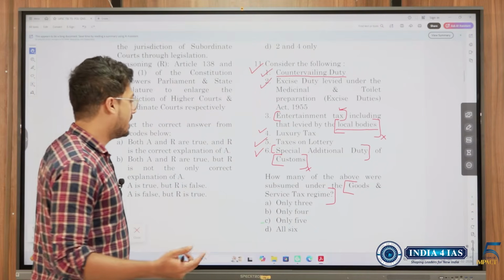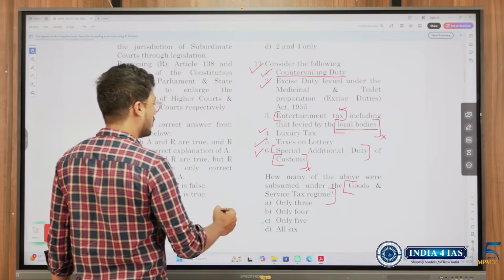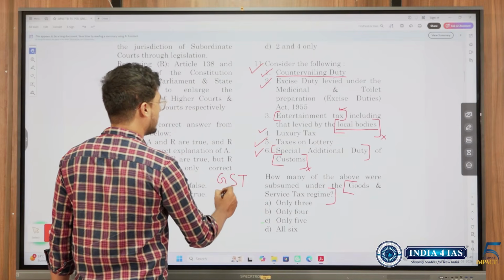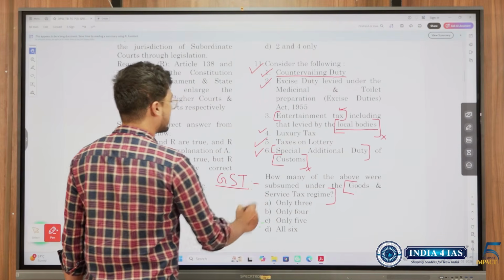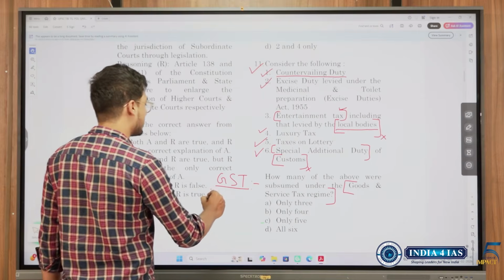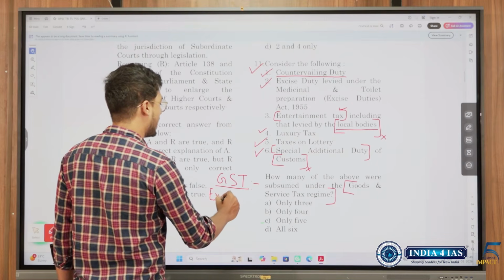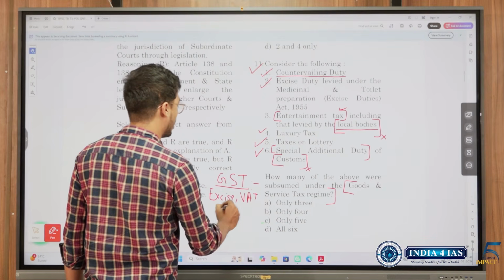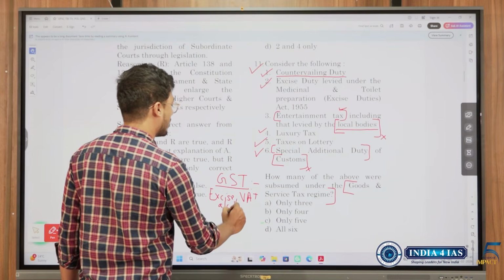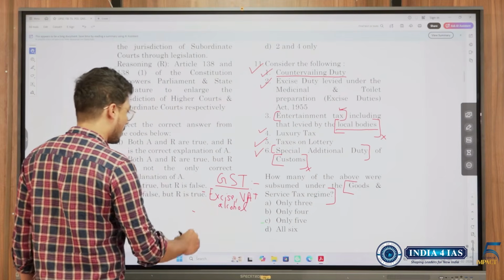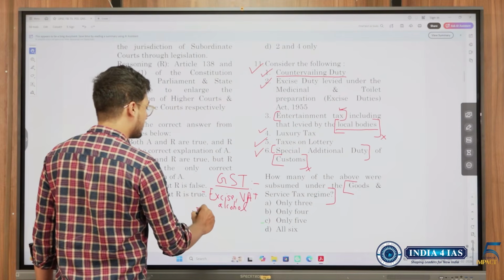A couple of other things I want to tell. For example, under GST there are certain taxes which are not brought under GST, and you should be aware of it. One is excise and VAT, excise of the Centre and VAT of the state on alcohol. Now you should know this. And excise on,